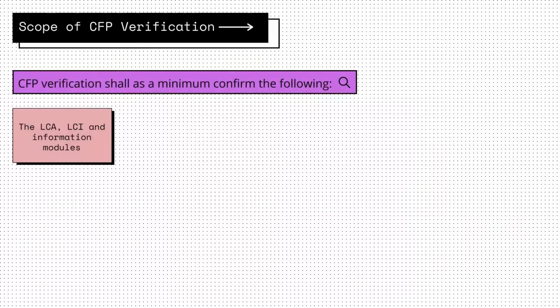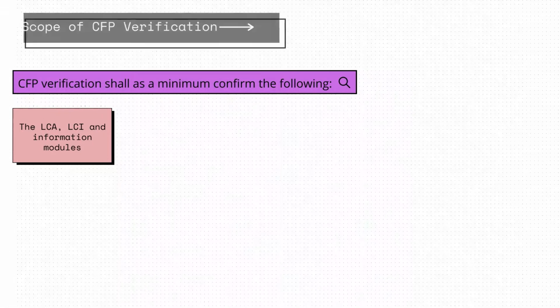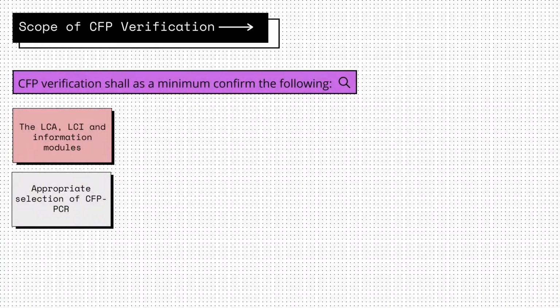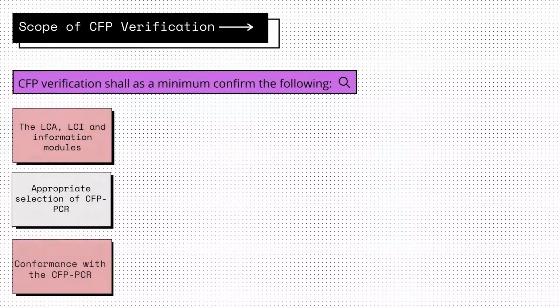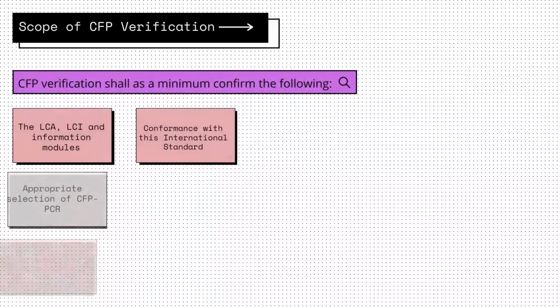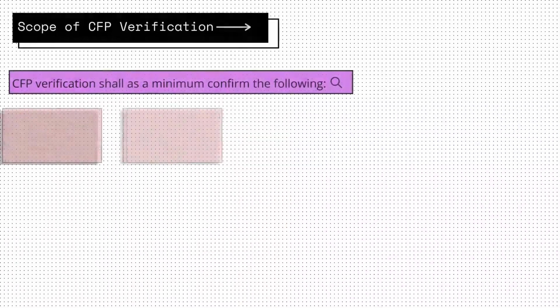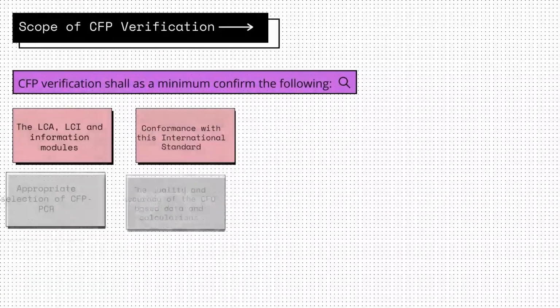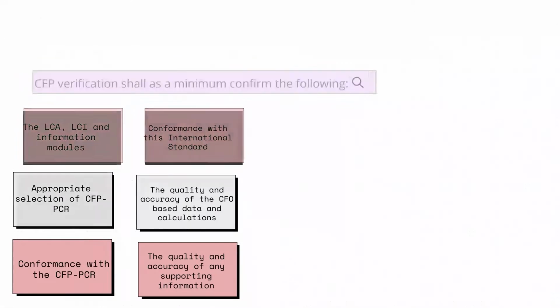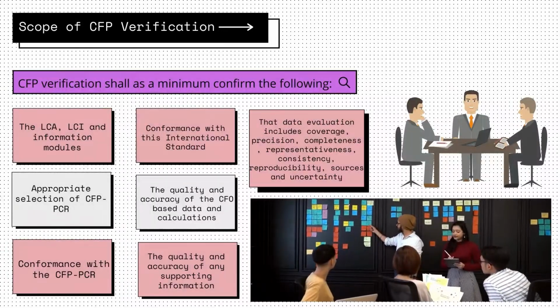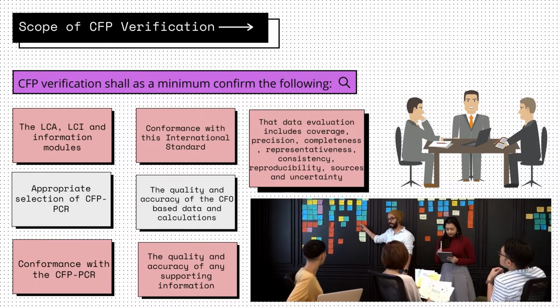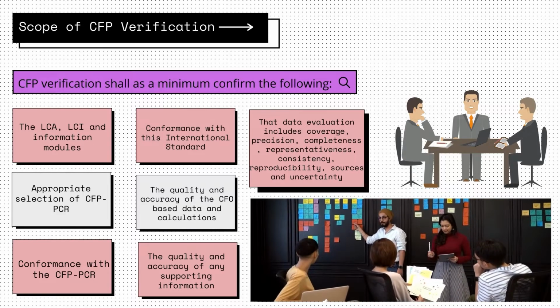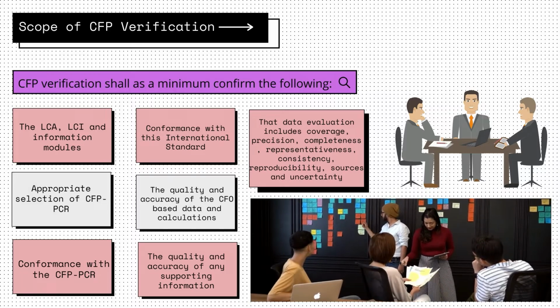For the scope of CFP verification, it shall as a minimum confirm the following: 1, the LCA, LCI, and information modules. 2, appropriate selection of CFP-PCR. 3, conformance with the CFP-PCR. 4, conformance with this international standard. 5, the quality and accuracy of the CFP-based data and calculations. 6, the quality and accuracy of any supporting information. Lastly, for the scope of CFP verification, it shall have data evaluation that includes coverage, precision, completeness, representativeness, consistency, reproducibility, sources,